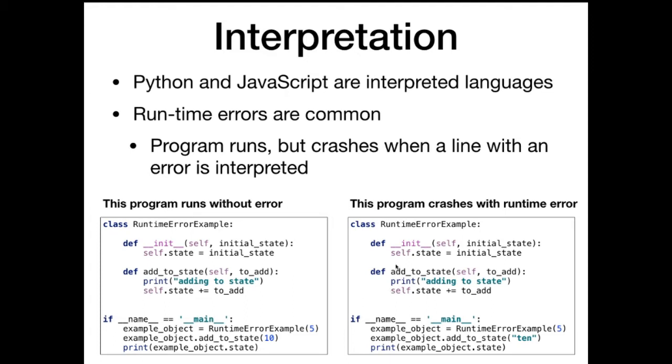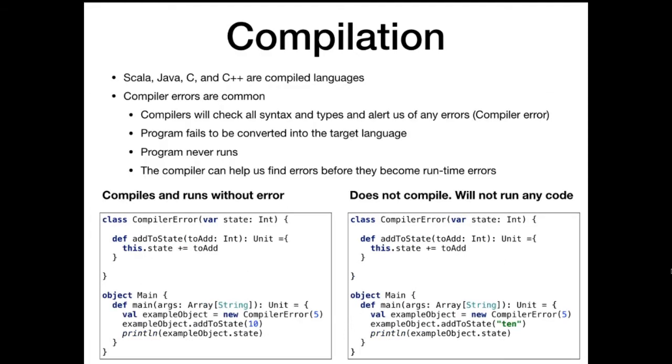Scala, Java, C, C++, and many others are compiled languages where we're not going to be able to get that same runtime error. We can still get runtime errors. It'll still happen. For example, with an array index out of bounds, we can get an error at runtime and our program crashes. And there are other ways to do it too. But the example we saw on the previous slide, which is recreated here in Scala, we actually can't run this program at all.